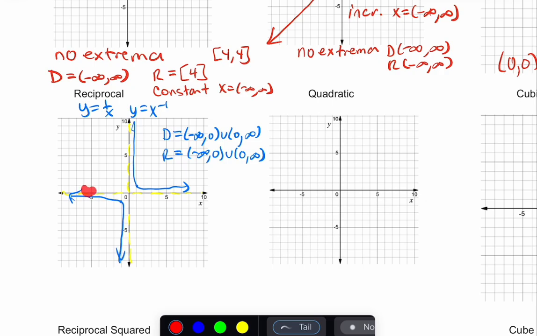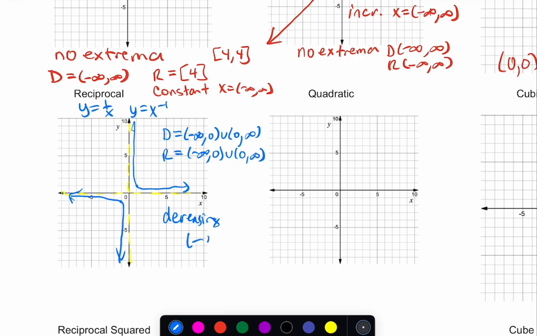So let's think our math bug here. This piece, you can see he's going downhill. Now, if our math bug is on this piece, guess what? He's still going downhill. So both of these pieces are decreasing. So our function is decreasing